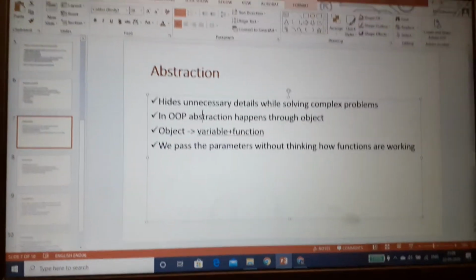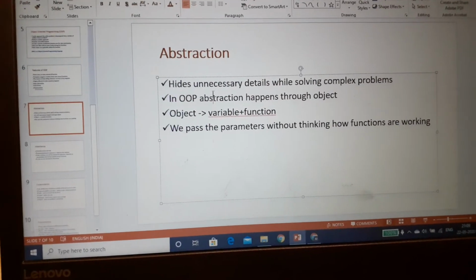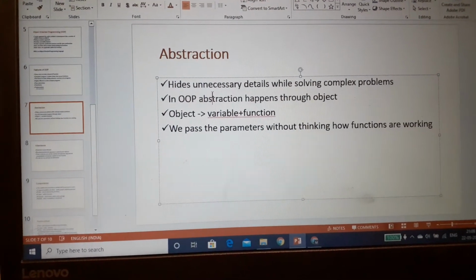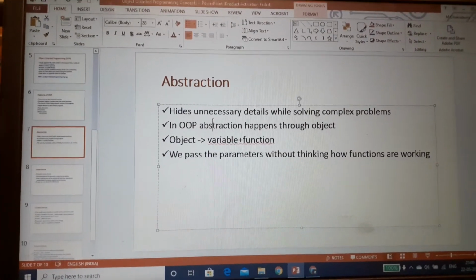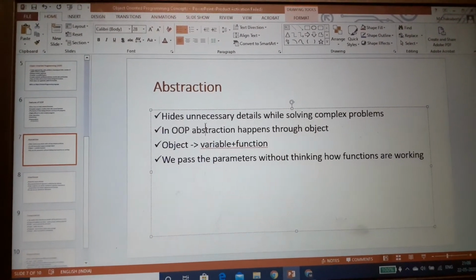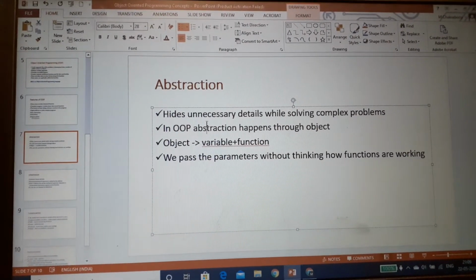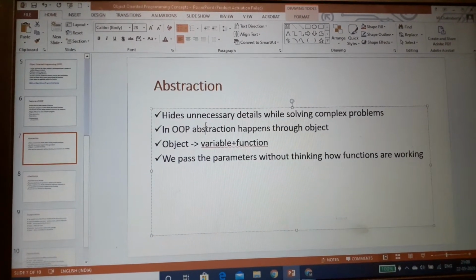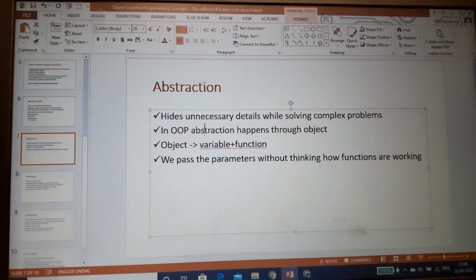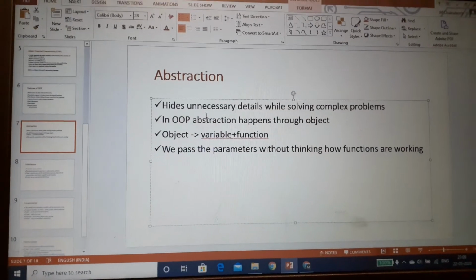You just switch on the particular button and the coffee machine prepares the coffee for you. Here you, as a user, are just passing the parameter of which type of coffee you are looking for, and the coffee machine is doing all the underlying functionalities and preparing the coffee for you. So this is a kind of abstraction.